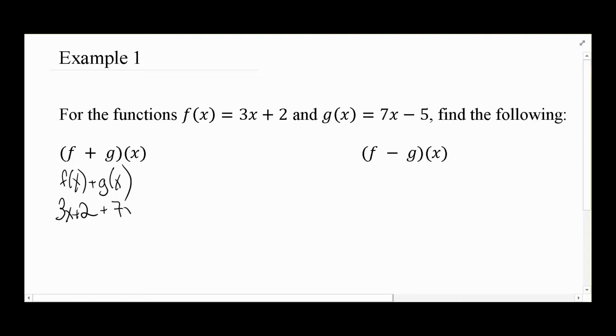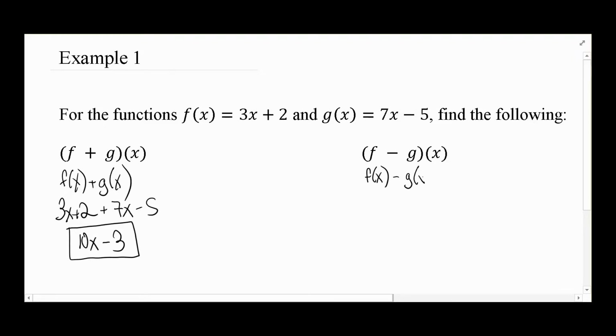G of x is defined as 7x minus 5. And this really just turns into a combined like terms situation. And so it should be very straightforward, very simple for addition. Now for subtraction, if I want to subtract f minus g, this should become, as you'd expect, f of x